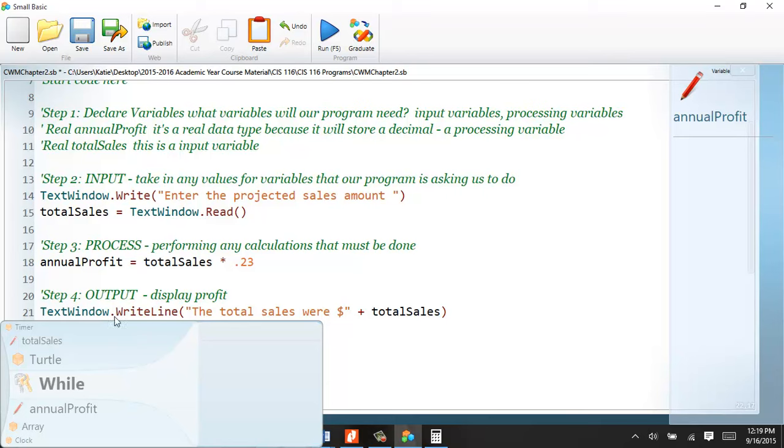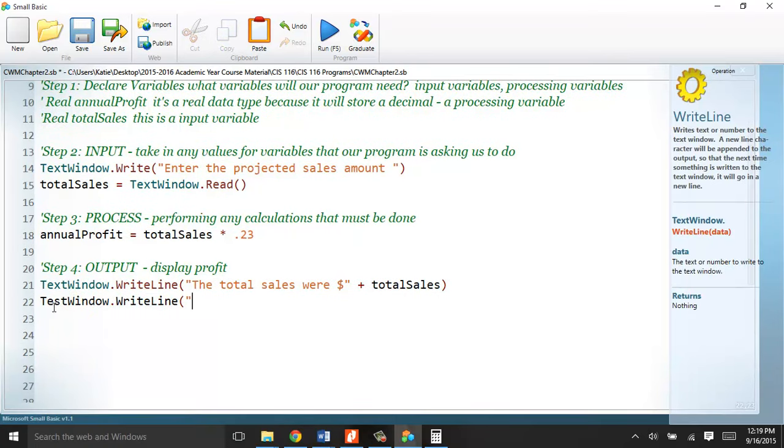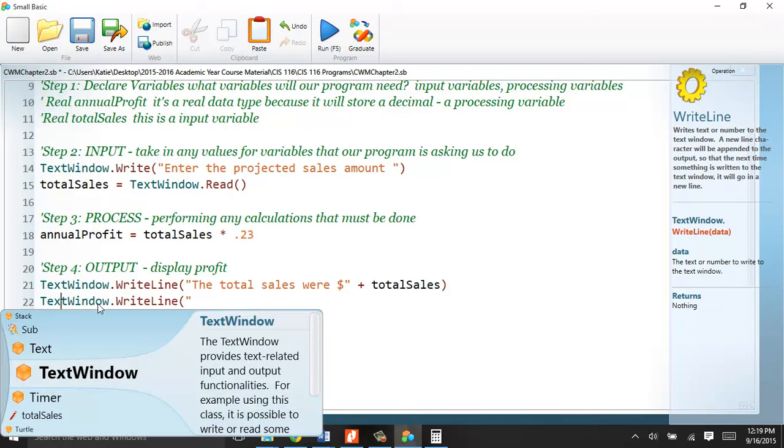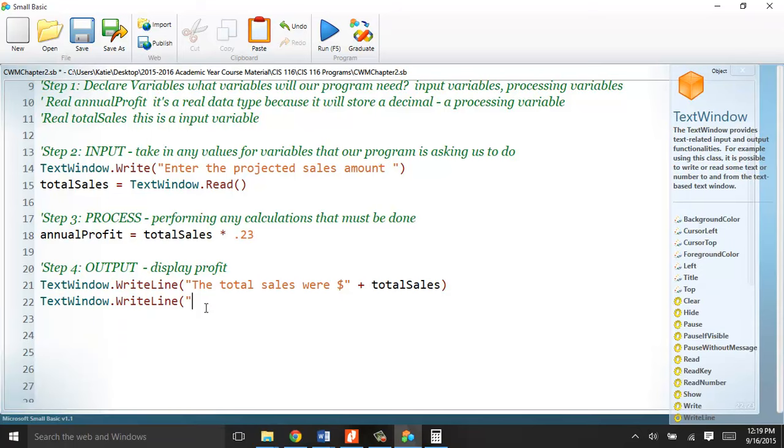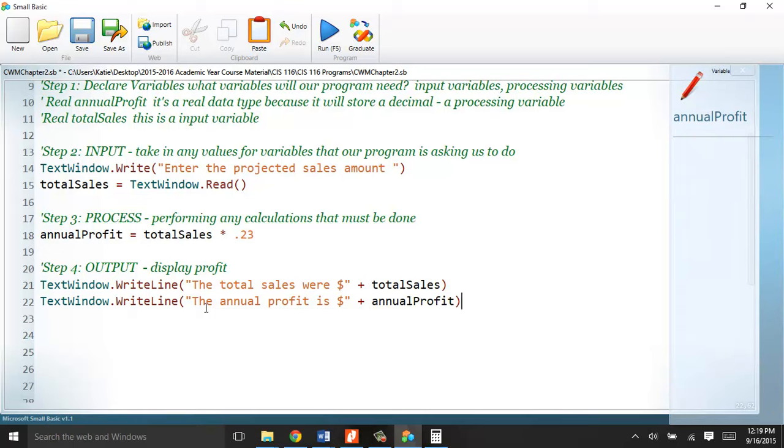It's just doing that because I got the video running to record this, and oh, I put text again. Dang it, that's why. The annual profit is $, quote, and then I want to add the variable of the annual profit and another parenthesis, and that